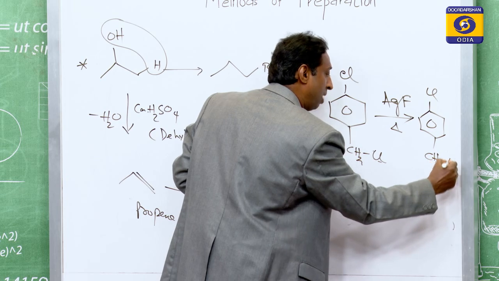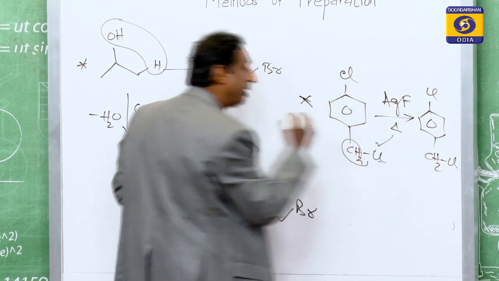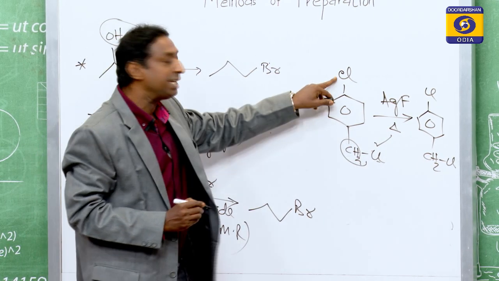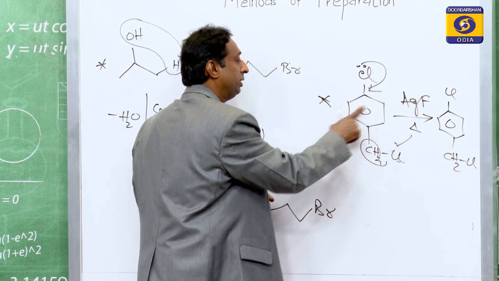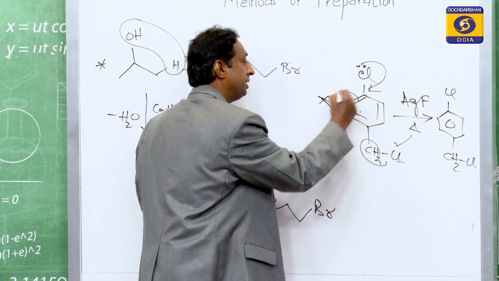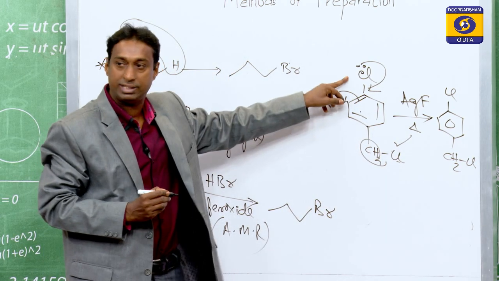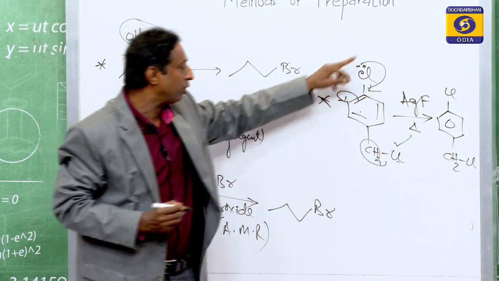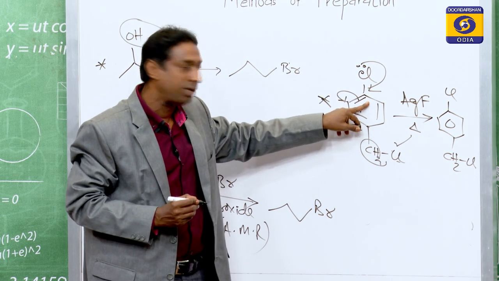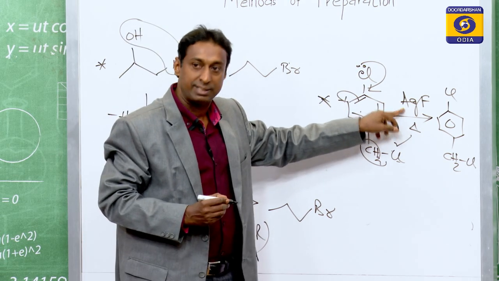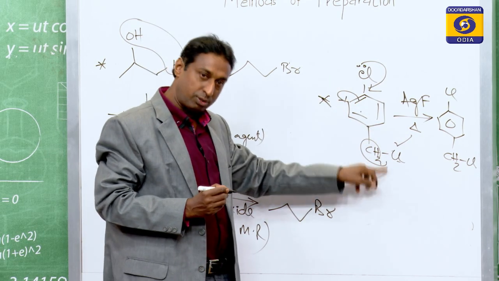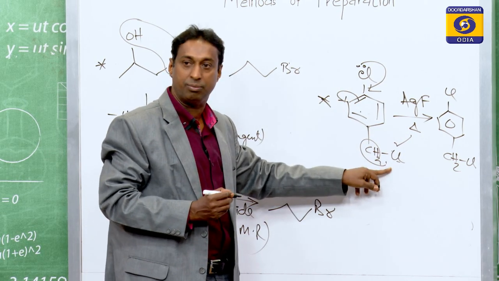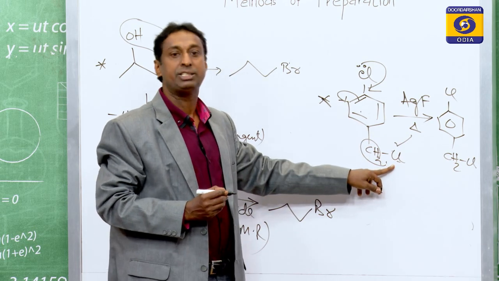The chlorine atom attached to the CH2 group is going to be replaced, but not this chlorine on the ring, because this chlorine undergoes resonance with the benzene ring system. So this chlorine is not going to be removed due to its conjugation with the benzene ring. When you use the Swarts reaction, you cannot remove this chlorine, you can only remove this one, which is a free chlorine atom outside the benzene ring system.